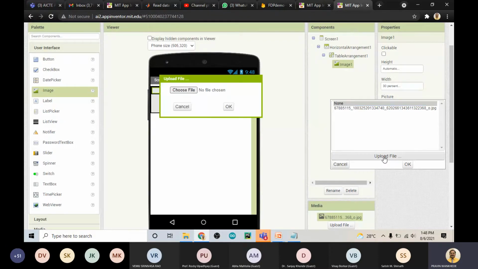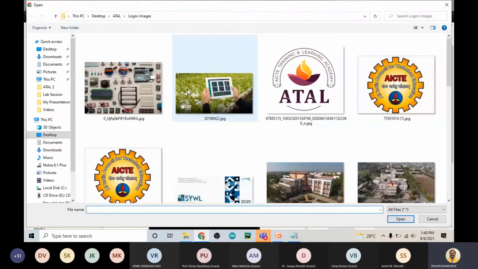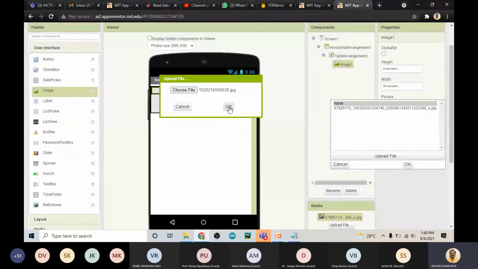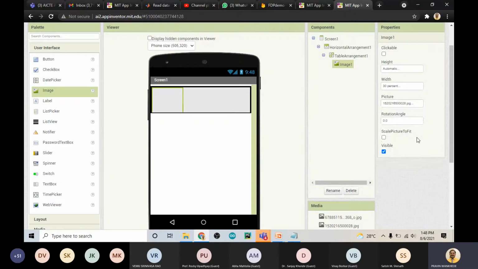I will select choose file again. And I will select the image and click OK. Now your image is not visible there, correct? Why is this so? Because of its height.